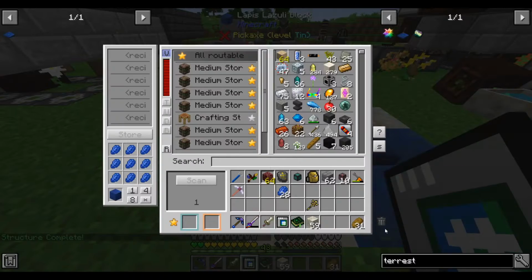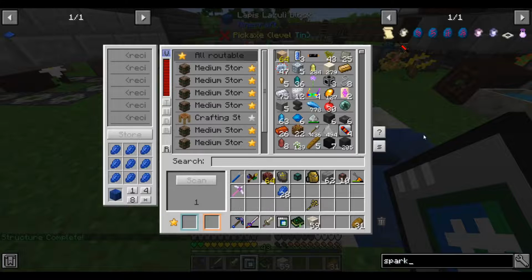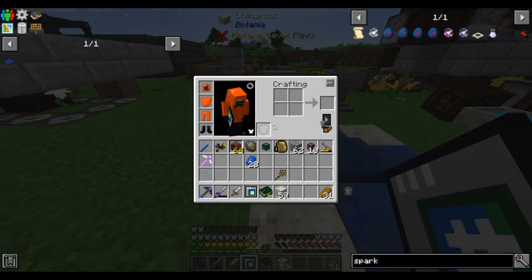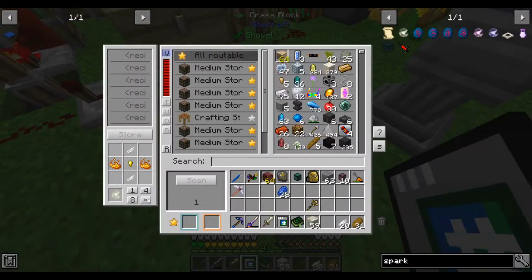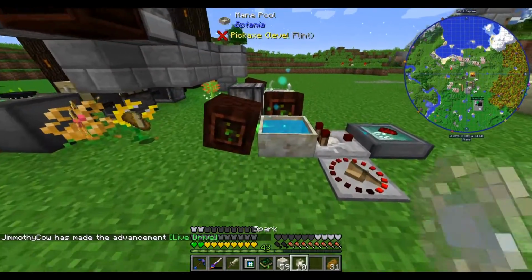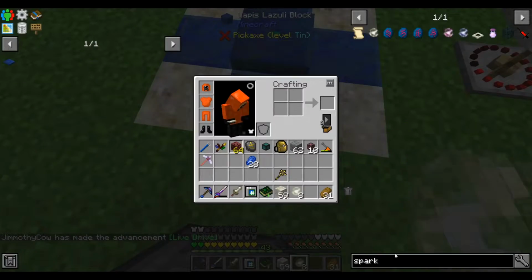I need sparks to transfer mana to it. This recipe, the vanilla recipe. Nice. Alright, let's get some of these. And I'll just make 10 at a time, because we'll use plenty of these. Alright, so you put 1 spark on your mana pool, 1 spark on your terrestrial amalgamation plate, and we're ready